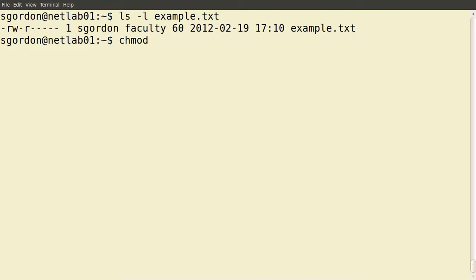For example, let's say I want to add the permission for other users to read the file example.txt. Currently, other users have no permissions. I want to add the read permission for other users. So in chmod, for other users, I'll use o, add the permission, plus read permission r, followed by the file name,